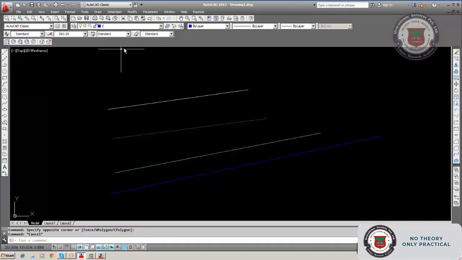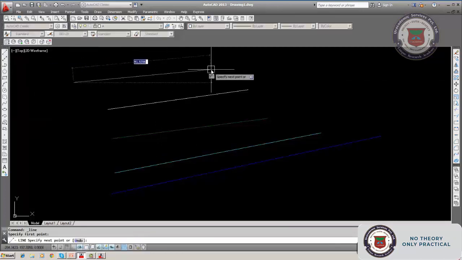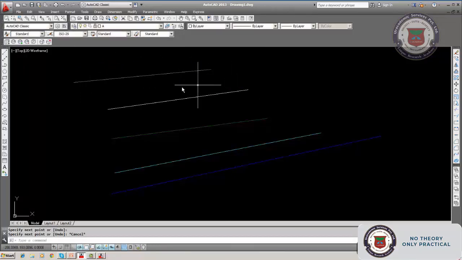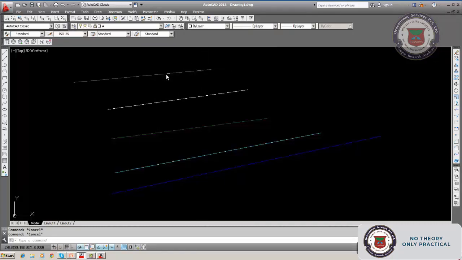You can draw a line with this layer, but once you draw, you cannot do anything with this. Color by layer. This is how it can be. So I will switch off these, I will erase these things.